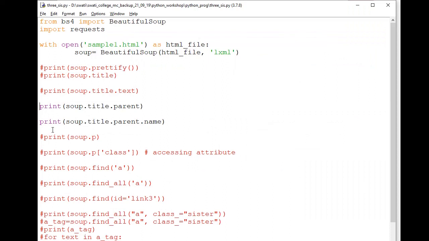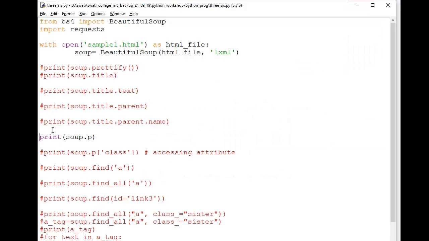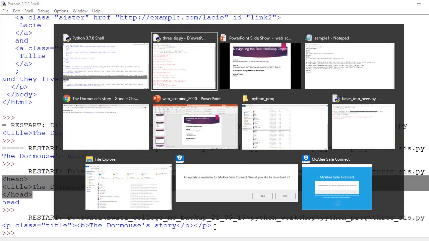I'll comment them. Uncomment. So it's returning me the p tag. Similarly, it will return me the anchor tag.